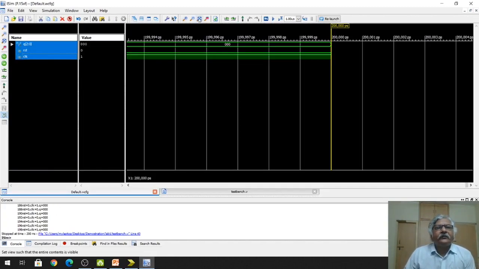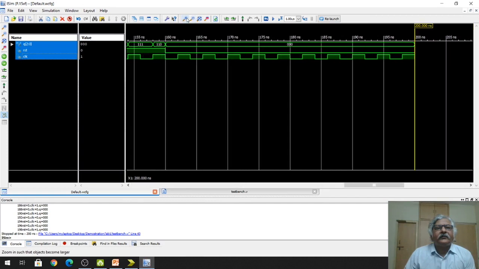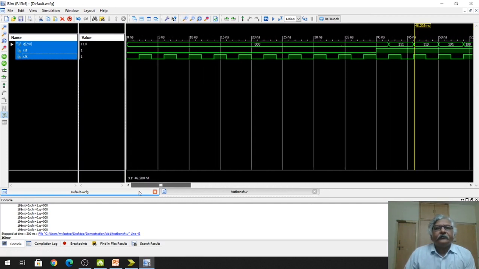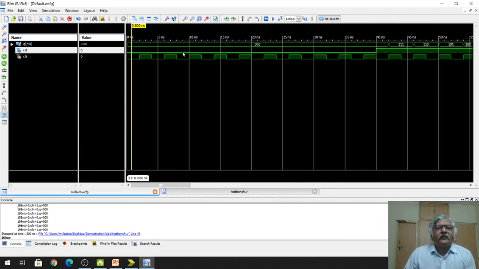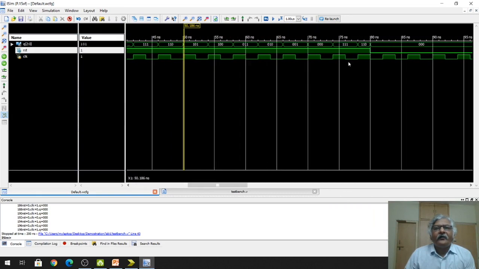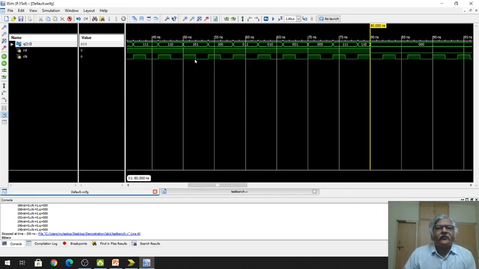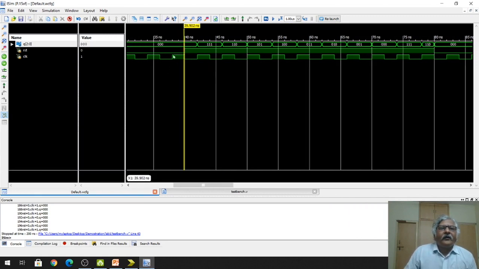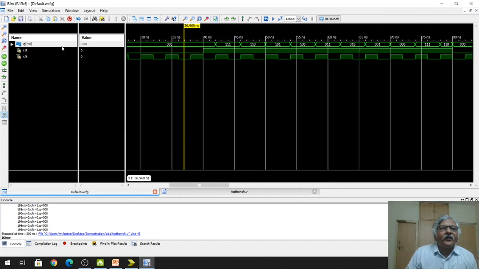Okay, so now you can see here this is RST is 0, here RST is 1 at 40 nanosecond, and it will remain high up to 80 nanoseconds. So in between 40 and 80 it will work, right? So now see here, initially what is the output? 000.